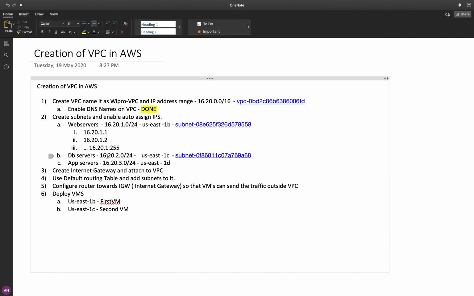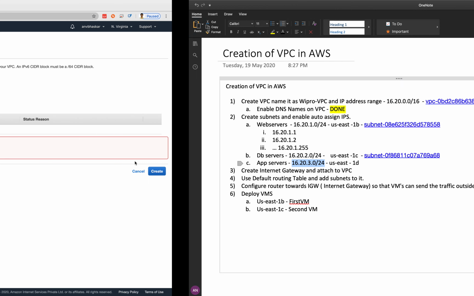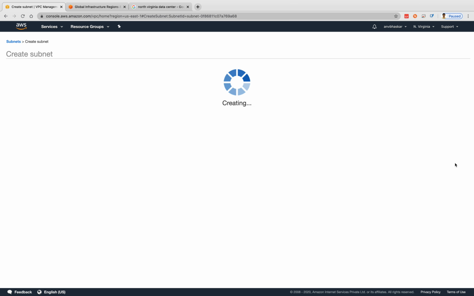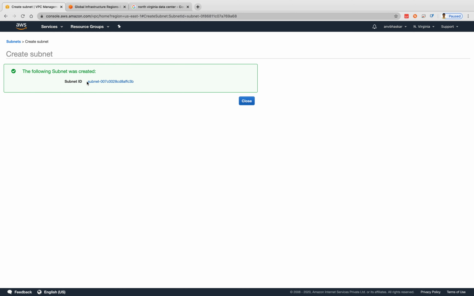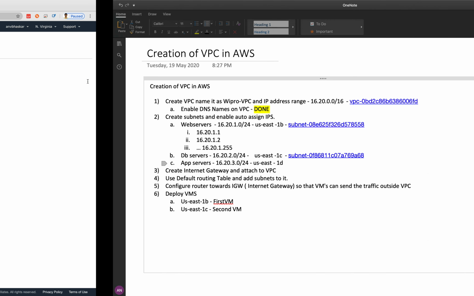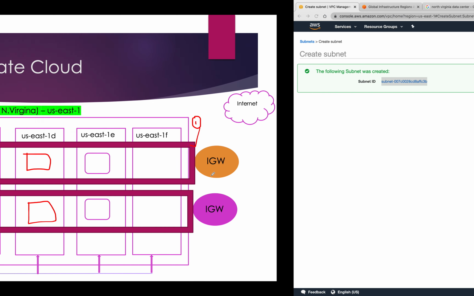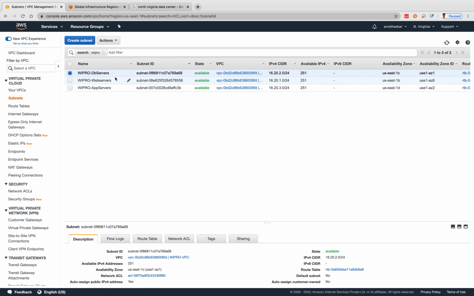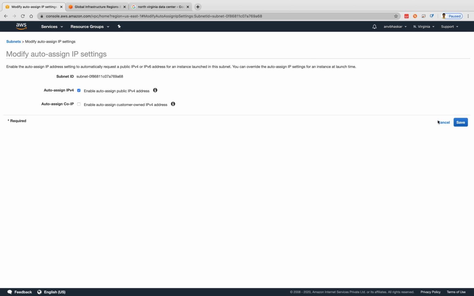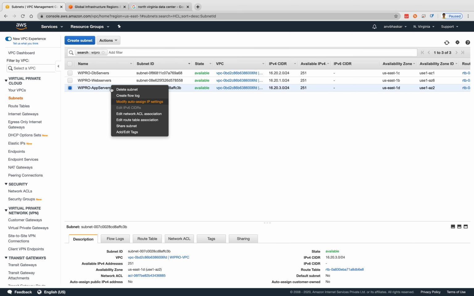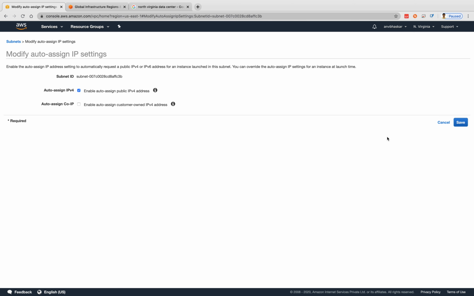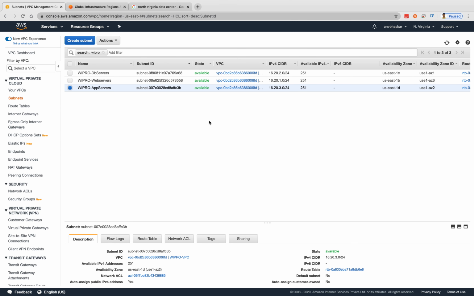So here, go and just copy paste this IP address range. Okay, click on create. This is my subnet ID. So this step is done. Close. You need to add your IP address, modify auto assign. Not this one, app servers, right here. Click save. Okay, when I say 255 IP addresses you can generate, 4 IP addresses AWS will use